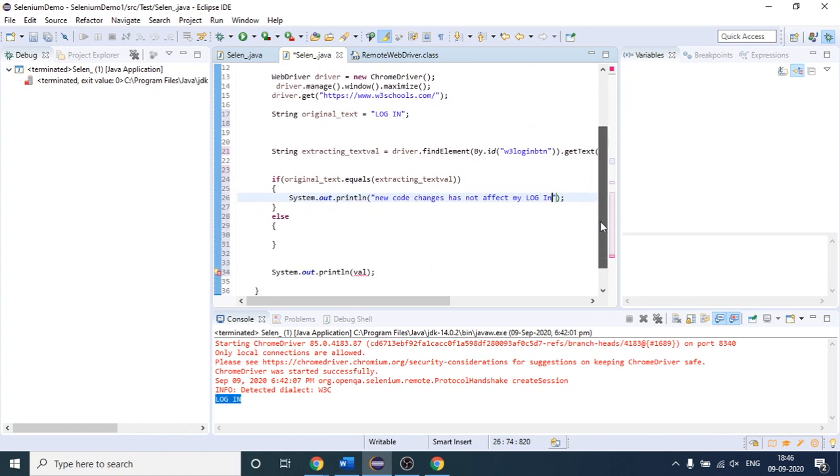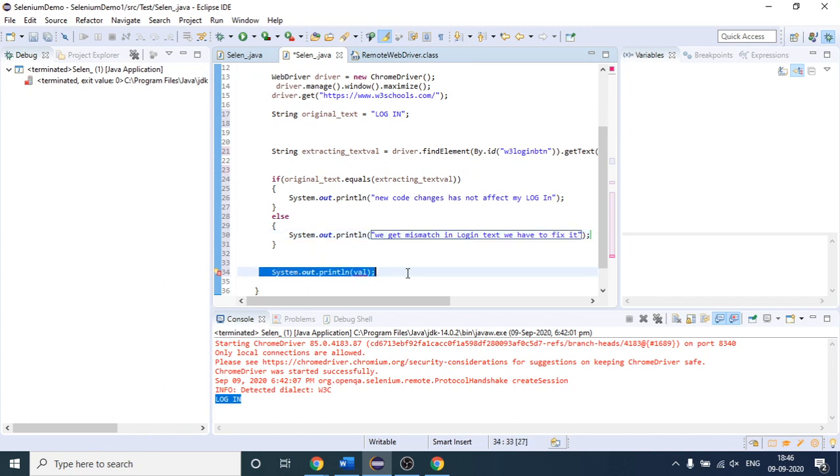But suppose that after extracting, the value got changed and you get a different value. Then we will write: we get a mismatch in the value, or text mismatch in the login text. So we have to fix the issue as soon as possible.